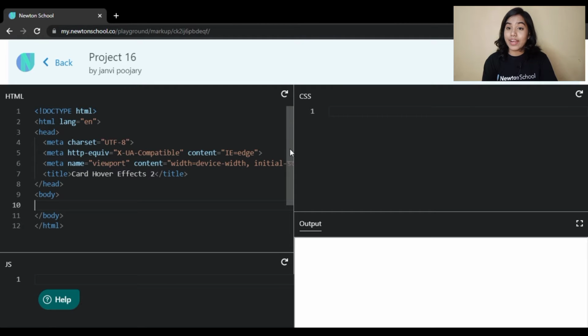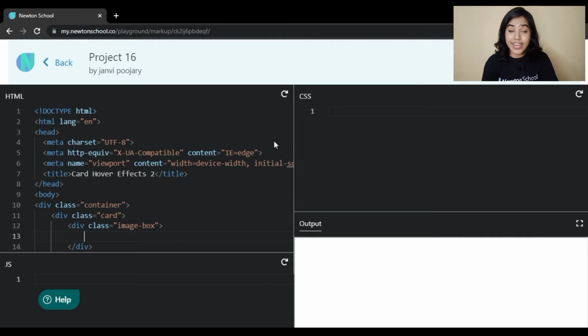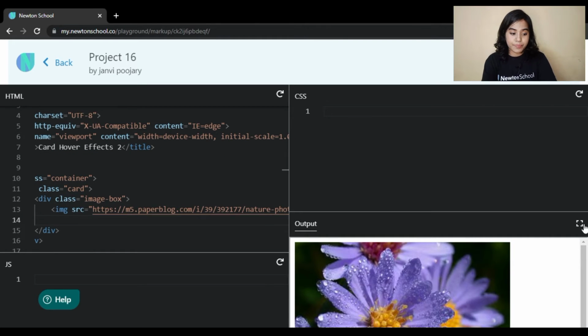With the introduction part done, now let's quickly jump into the code. Here I have my basic HTML boilerplate ready, and we will put one class whose name will be container, and inside that class we will write one more class whose name is card, and inside that card we will write one more class whose name will be image box, and inside that box we will have our image.